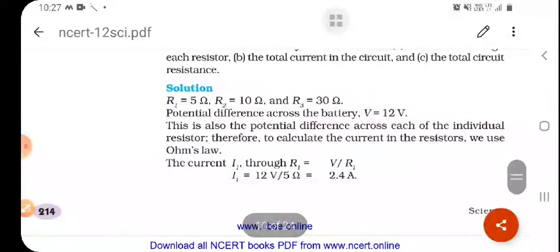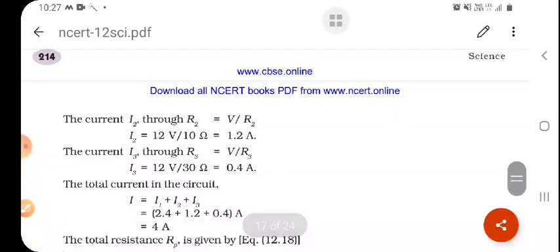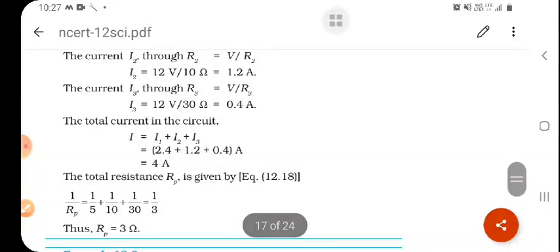By Ohm's law, I1 is equal to V upon R1, that is 12 volt upon 5 ohms, which is 2.4 ampere. I2 is equal to V upon R2, that is 12 volt, because the potential difference remains the same, upon 10 ohms, that is 1.2 ampere. I3 through R3 is 12 volt upon 30, that is 0.4 ampere. So I is equal to I1 plus I2 plus I3, that is 2.4 plus 1.2 plus 0.4 ampere,